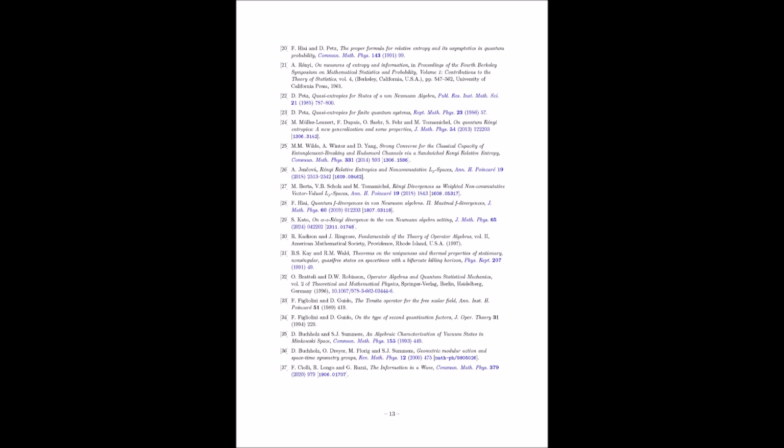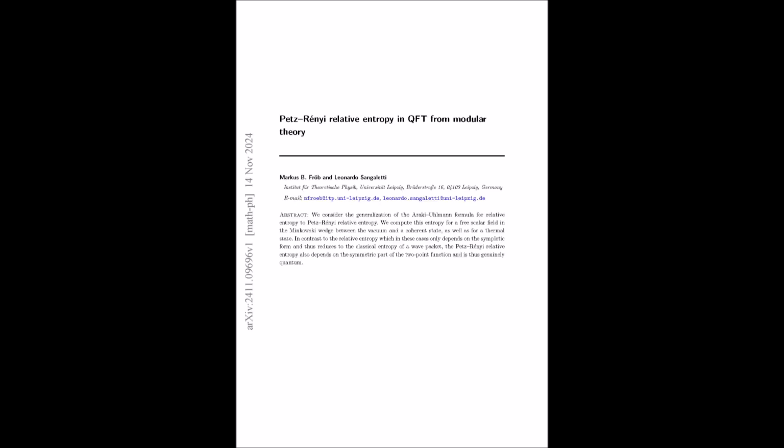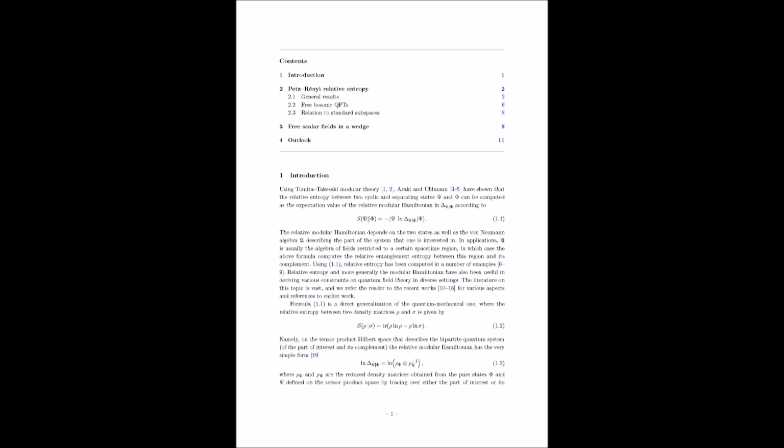Precisely. Now, the authors also introduced the concept of a quasi-free state. Quasi-free? Does that mean the particles are almost free but not quite? Not exactly. It means that the state has certain mathematical properties that make it easier to work with. You could say it's free enough to be tractable, but still captures the essential features of the quantum field.